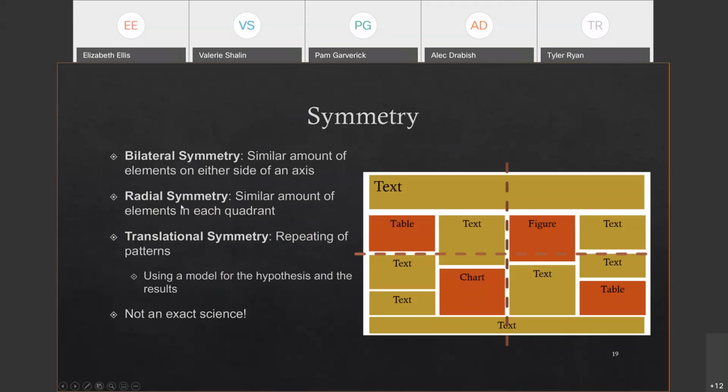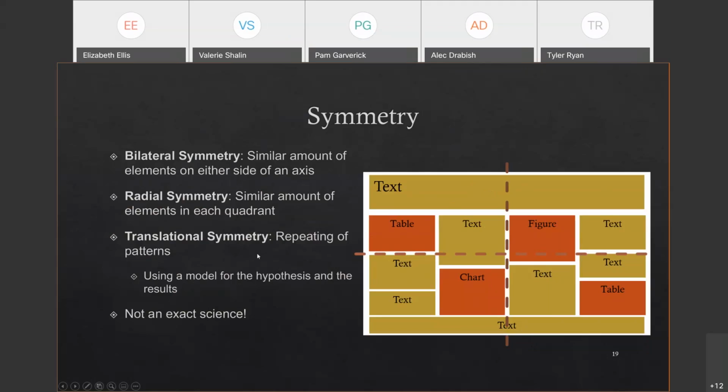Another one is radial symmetry, which is similar amounts of elements in each quadrant. If we look at our quadrants, so both axes at the same time, you can see we've got pretty similar table to text, chart to text, figure to text, table to text. And I'll point out I'm mostly talking about these central sections, because obviously the top part where you have your title and affiliation is mostly just going to be text and not a whole lot of images